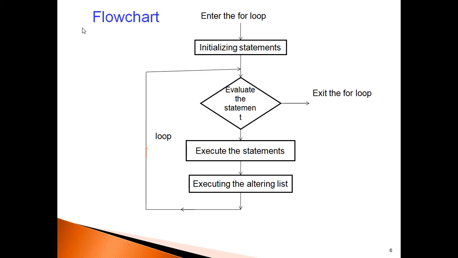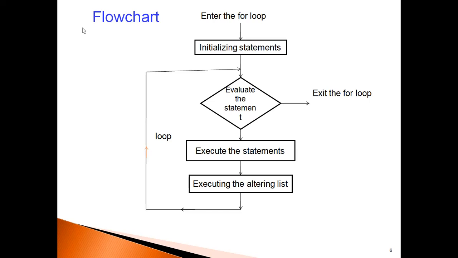Here is the flowchart for the for loop. Initializing the statements first. After entering into the for loop, first it initializes the statement. It evaluates the statement; it checks the condition.